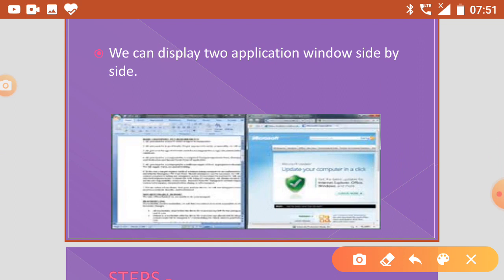But in Windows 7 there is an option where we can put two windows side by side. We can display two applications side by side, and now we can copy from this application to that application. How will we do it? Let's try to understand.